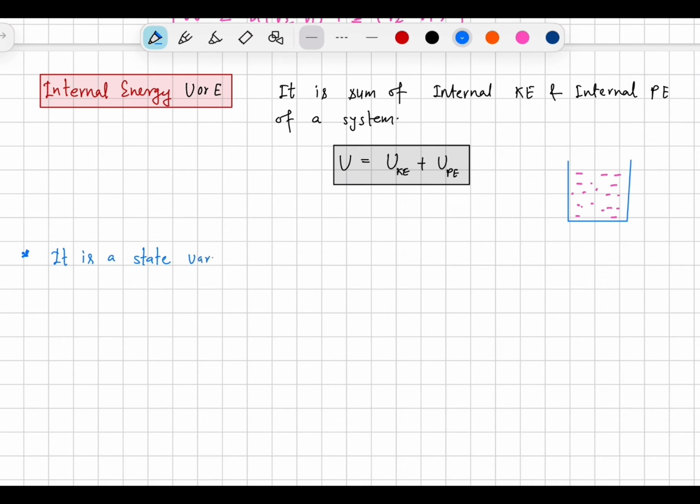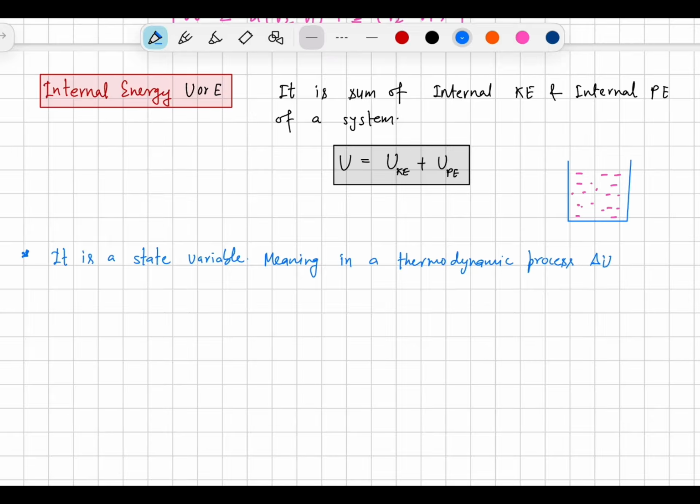It is a state variable, meaning in a thermodynamic process, delta U, the change in the internal energy,